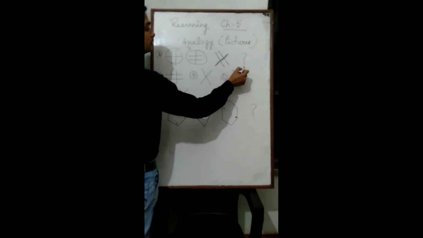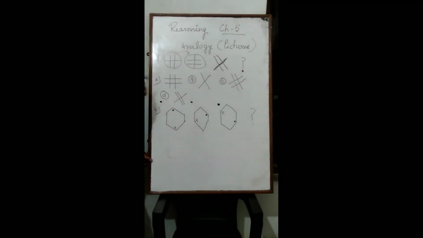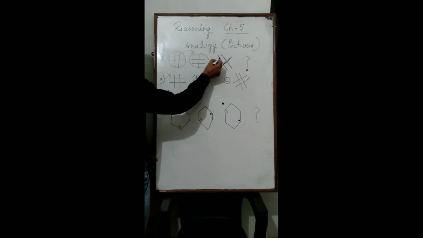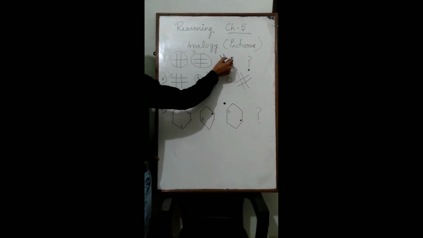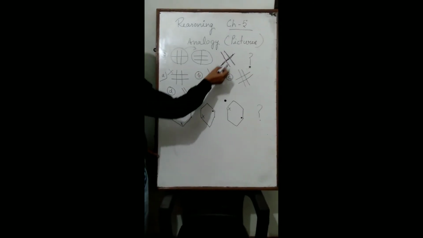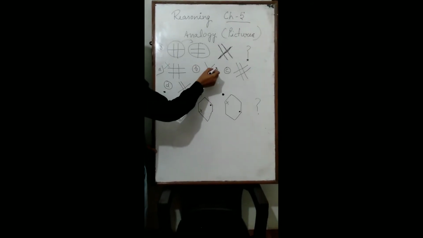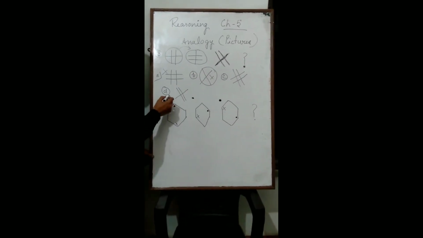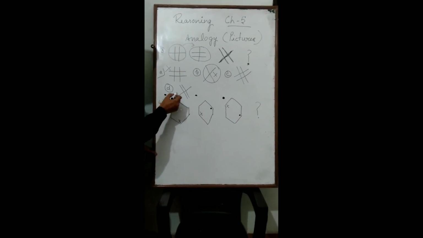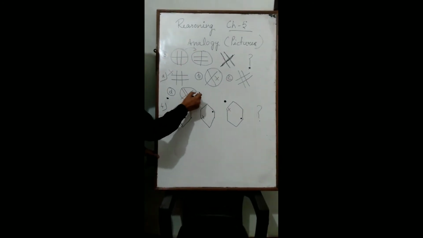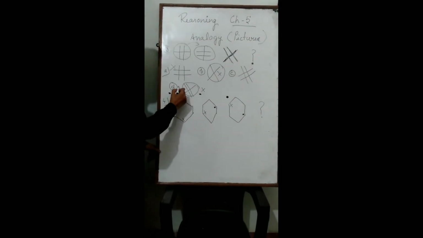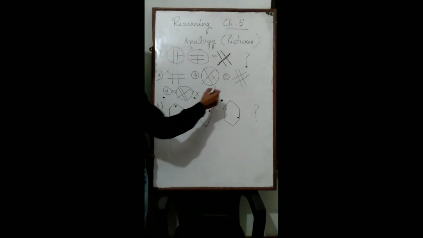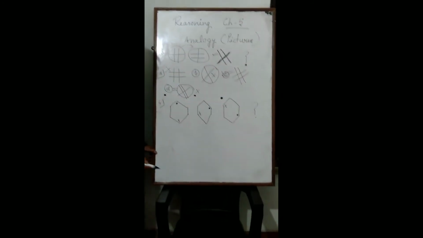So we have to find out the question mark's value. Now see the options. This will be wrong. Why? Because this is in this position. So it will be wrong. How many lines will be there? 1, 2, 3. So this will also be wrong because only 2 lines are there. Now see the D part. This will also be wrong. Why, students? Because this figure and this figure are the same. We can't pick the same figures, so only the C part will be right.